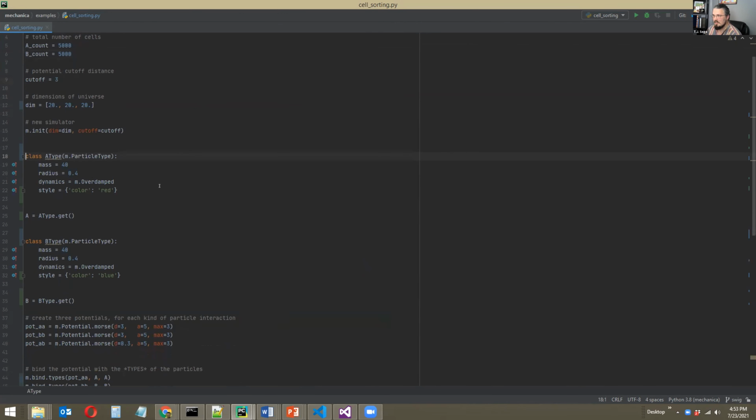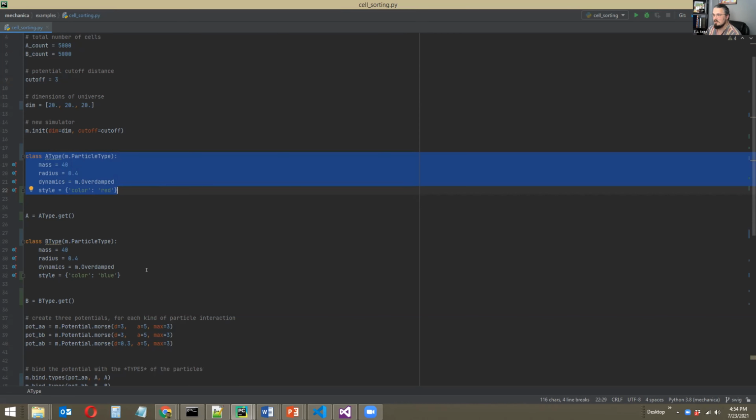In very classic cell sorting, you have two cell types in an aggregate, and through differential adhesion interactions and motility, you'll find that they will group together by type. So they'll sort out, and in a lot of scenarios, you'll find the more adhesive species at the core of an aggregate and the looser adhesive along the perimeter.